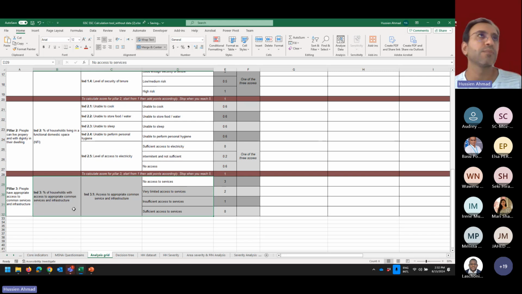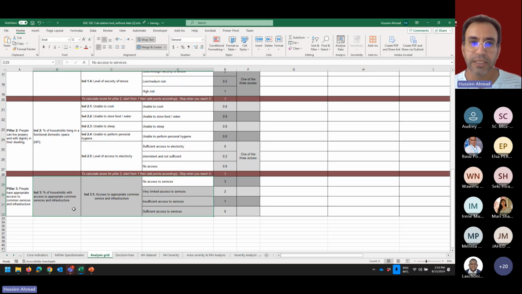Saying, for example, like last time we were talking about the shelter being far away from the hospital or from the health center, so people are not able to access the health service. This is related to the shelter, but people are not able to access the health services because they are IDPs. This is more a protection issue, not a shelter issue, right? So just to differentiate between